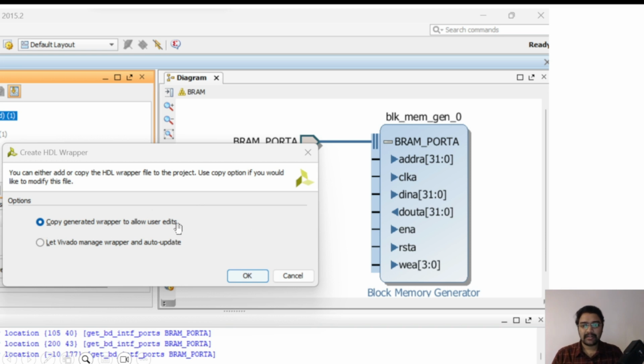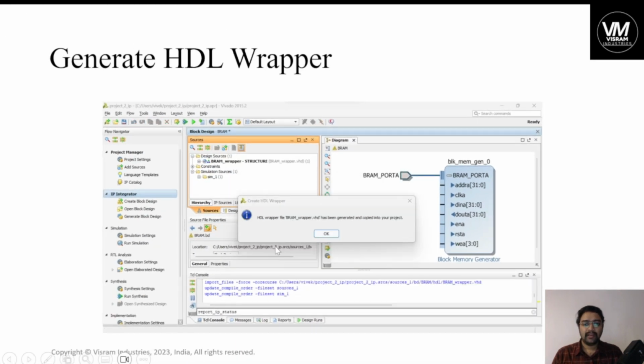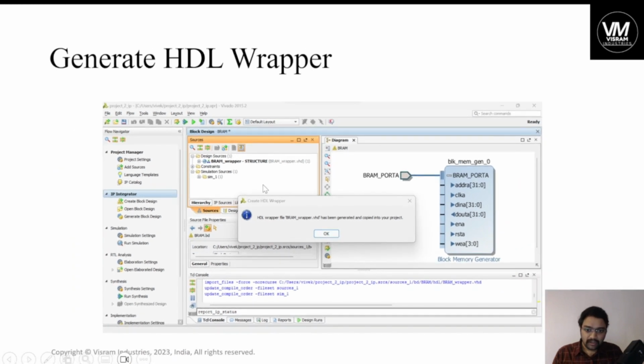So copy generated wrapper to allow user edits. When you click on OK, now it will generate the HDL wrapper, and it can be named as VRAM_wrapper.vht. Now we got the wrapper.vht. When you click on VRAM_wrapper.vht, guys, if you want this VHDL file to verify,